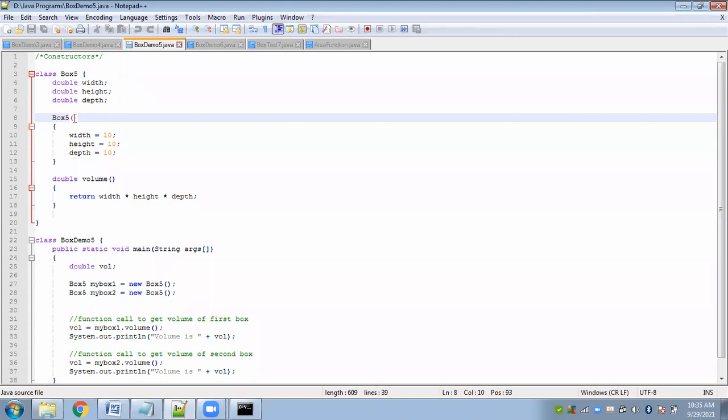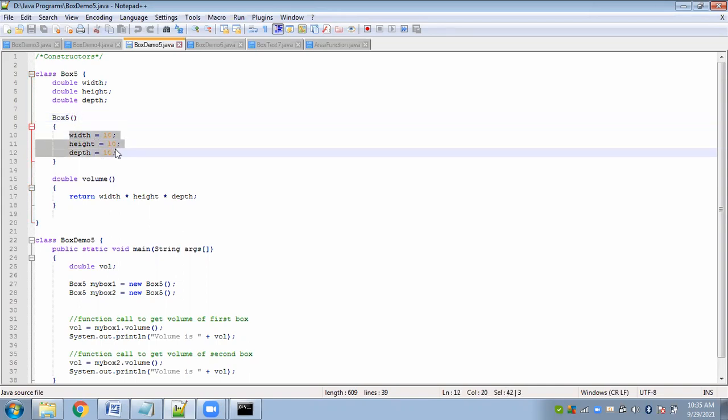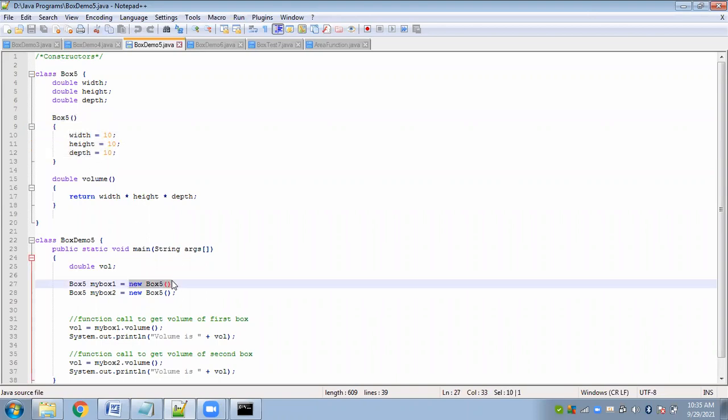Okay, so when your constructor does not contain any arguments, the parameter list is empty, then it is a default constructor. Either you can define the values inside the constructor, or even if you don't write this default constructor in your program, when this statement is executed, a default constructor will be invoked by the compiler.